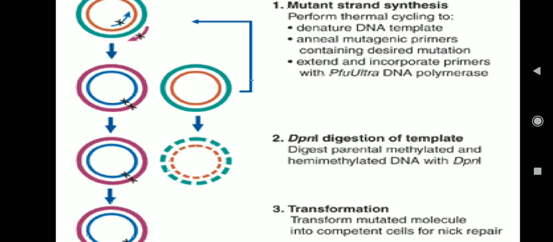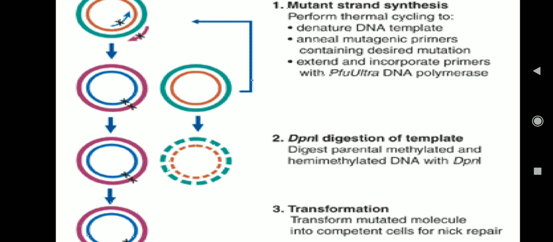But why are we not using Taq polymerase? Because of the exonuclease activity. What is exonuclease activity? It is the removal of wrong bases, and this activity is very low in Taq polymerase. Therefore, we have to use a high fidelity polymerase which has a higher exonuclease activity. So we use PFU Ultra DNA polymerase, a high fidelity polymerase which can remove the wrong nucleotide bases very easily. Such a DNA polymerase we have to use here so that we do not get any secondary mutations during the amplification.